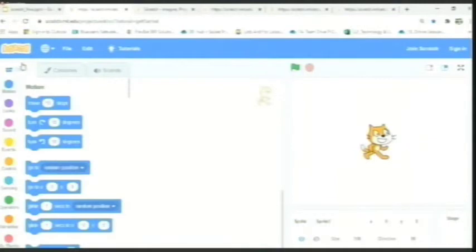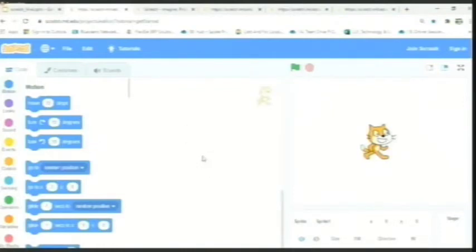Now, this particular block, which is on my left-hand side, which is colorful and which has more blocks, is called a block palette, like a paint palette that we have. The only difference is this palette has more accessible blocks which will be used for programming in the later stages. And now let's move on to the next one.